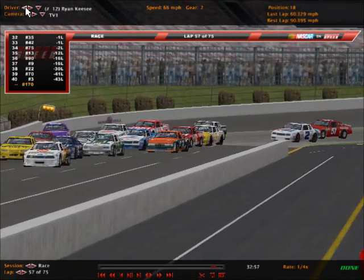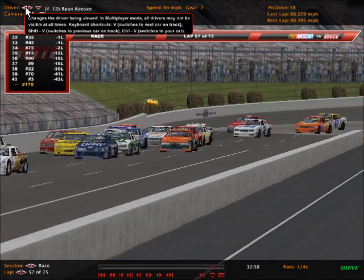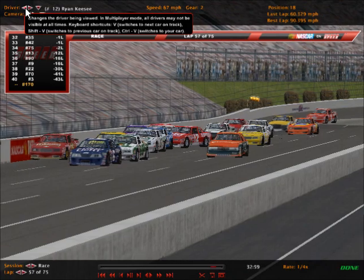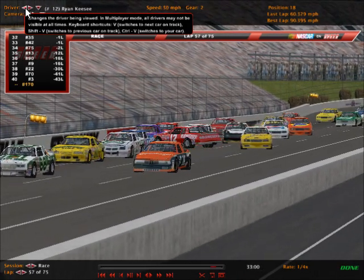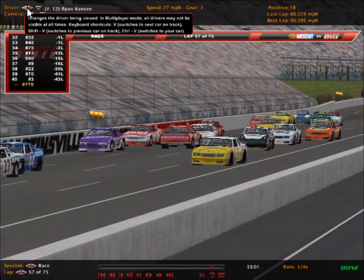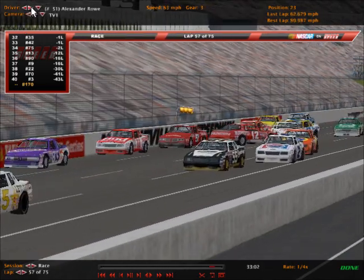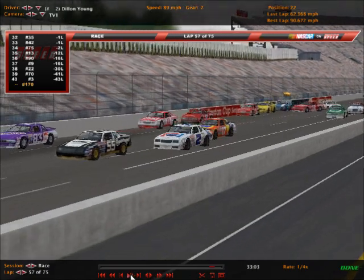But Ryan Winters in the 12 car, or Ryan Casillas I should say in the 12 car, he got turned into by the 8 of Patrick Smith. And it looks like it stuffed him and Emmanuel Hartnett, and I think, yeah, stuffed Hartnett and Smith both in the wall. Meantime, the 2 of Dylan Young flies by all this,